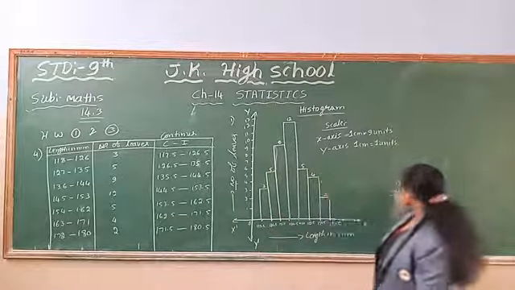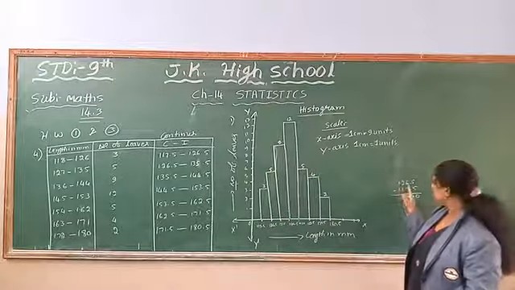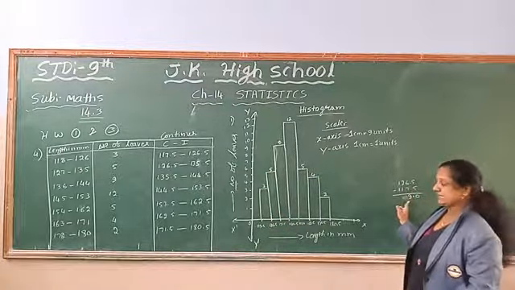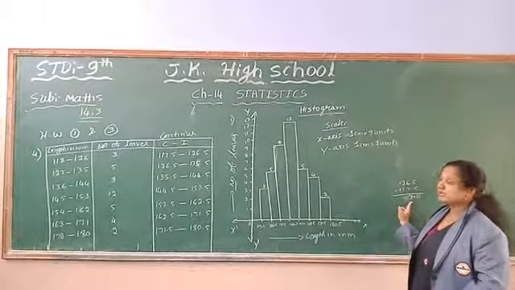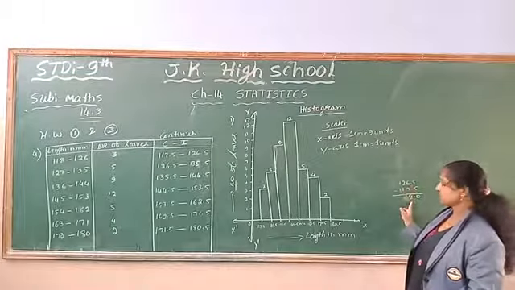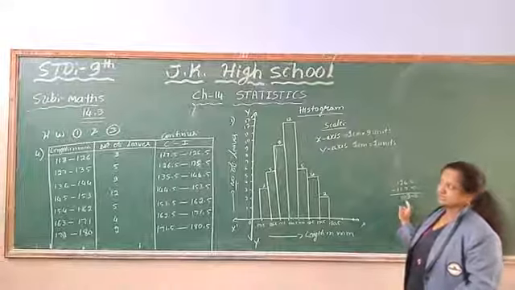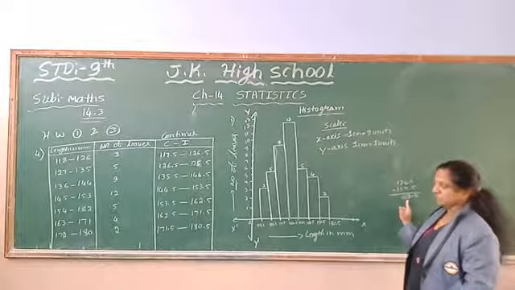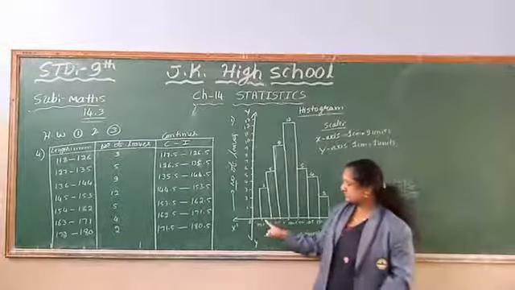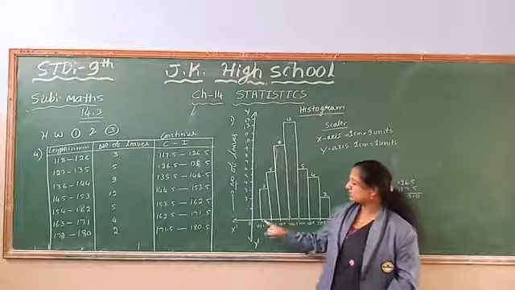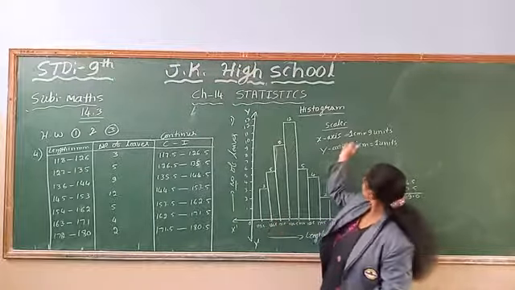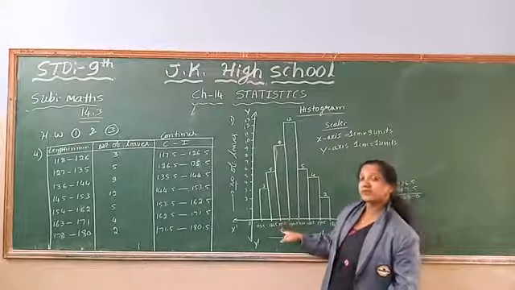What is the difference between these two classes, for the upper limits and lower limits? That is 9. So you have to check in continuous form. You subtract and check. You will get the class size or width of that class. See now, it is the same. You get 9 units. So 1 centimeter is equal to 9 units, which I have taken as the scale for the x-axis.